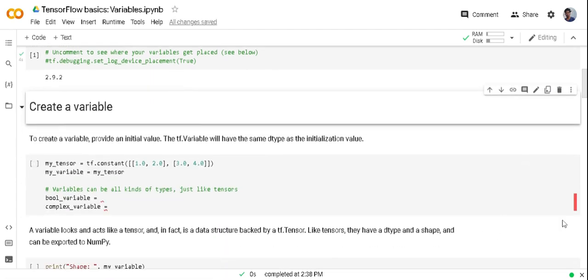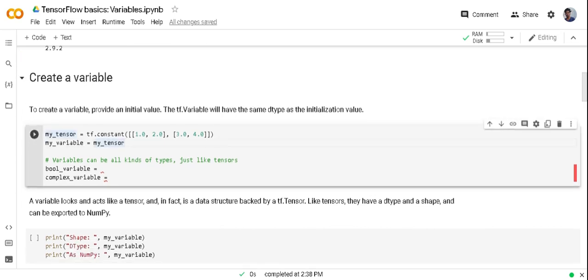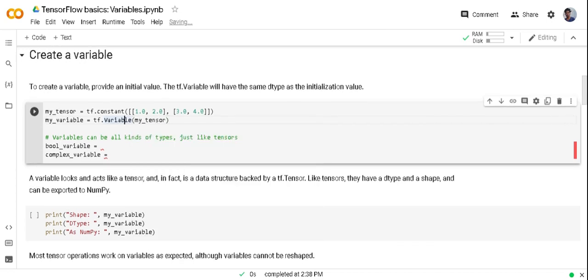In this example, I will show you how to build variable from tensor. So I already created tensor, so I am just converting this tensor to variable by giving tf dot variable function. Now my tensor is converted into variable.